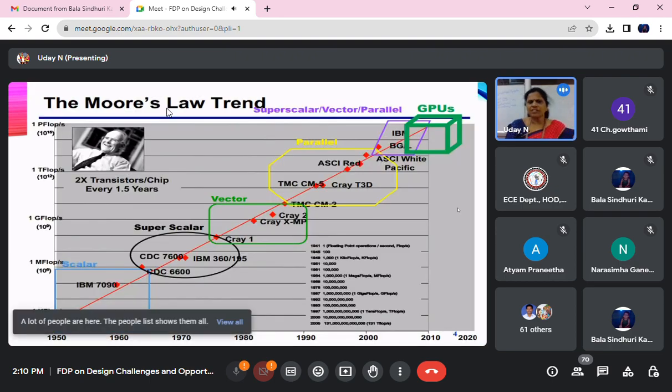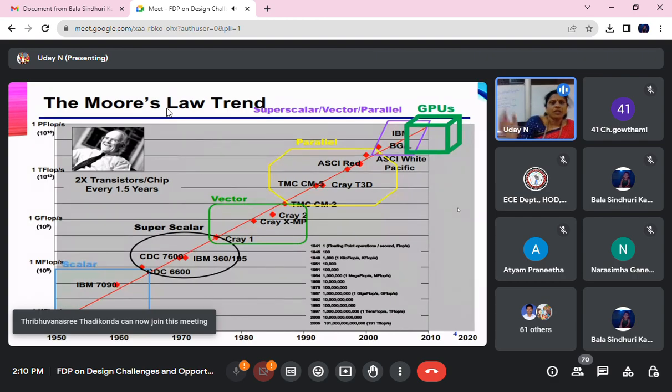We all know, coming from the VLSI background, and I think most of the participants are interested in VLSI, so anybody who is interested in VLSI knows well about Moore's law and its strength, wherein during the 1940s the number of floating point operations per second was 1000, but now we are in the era where the number of floating point operations per second is in the order of 10 to the power of 15, peta floating point operations per second.